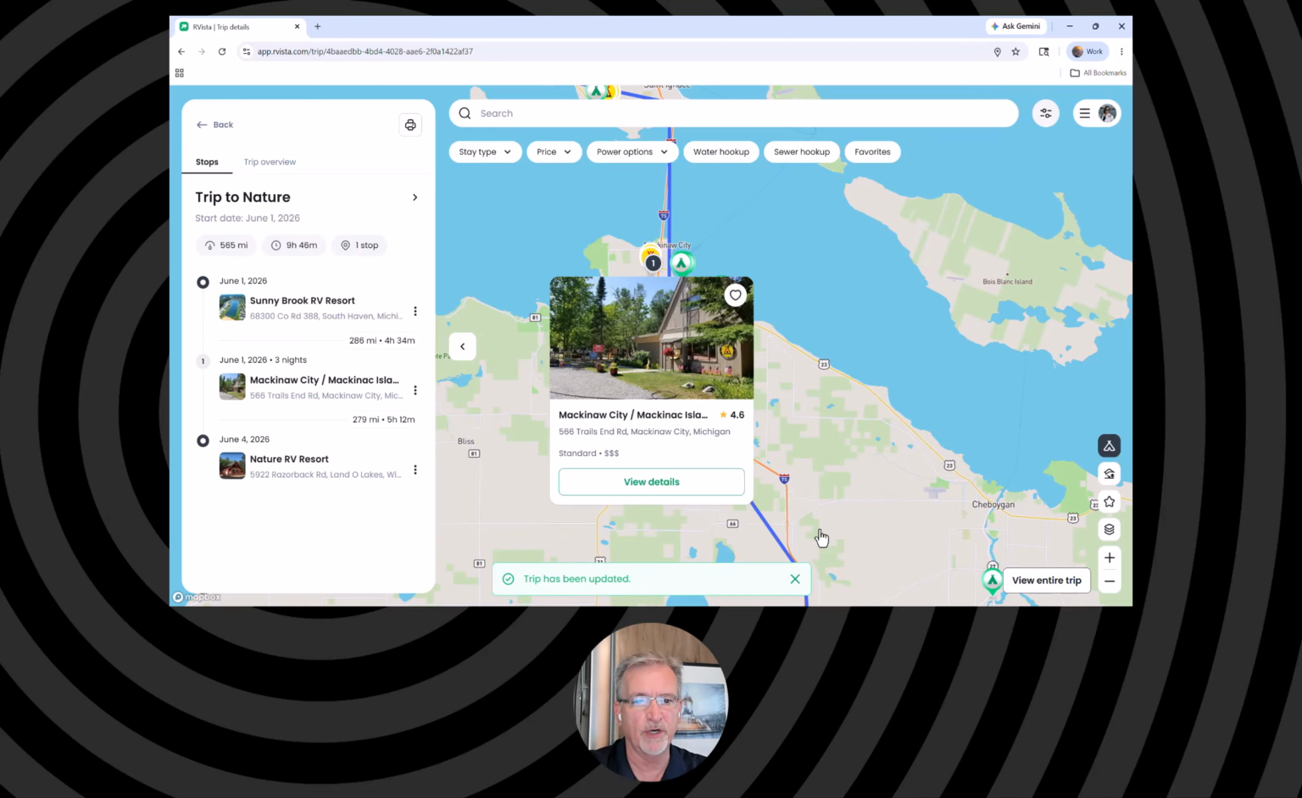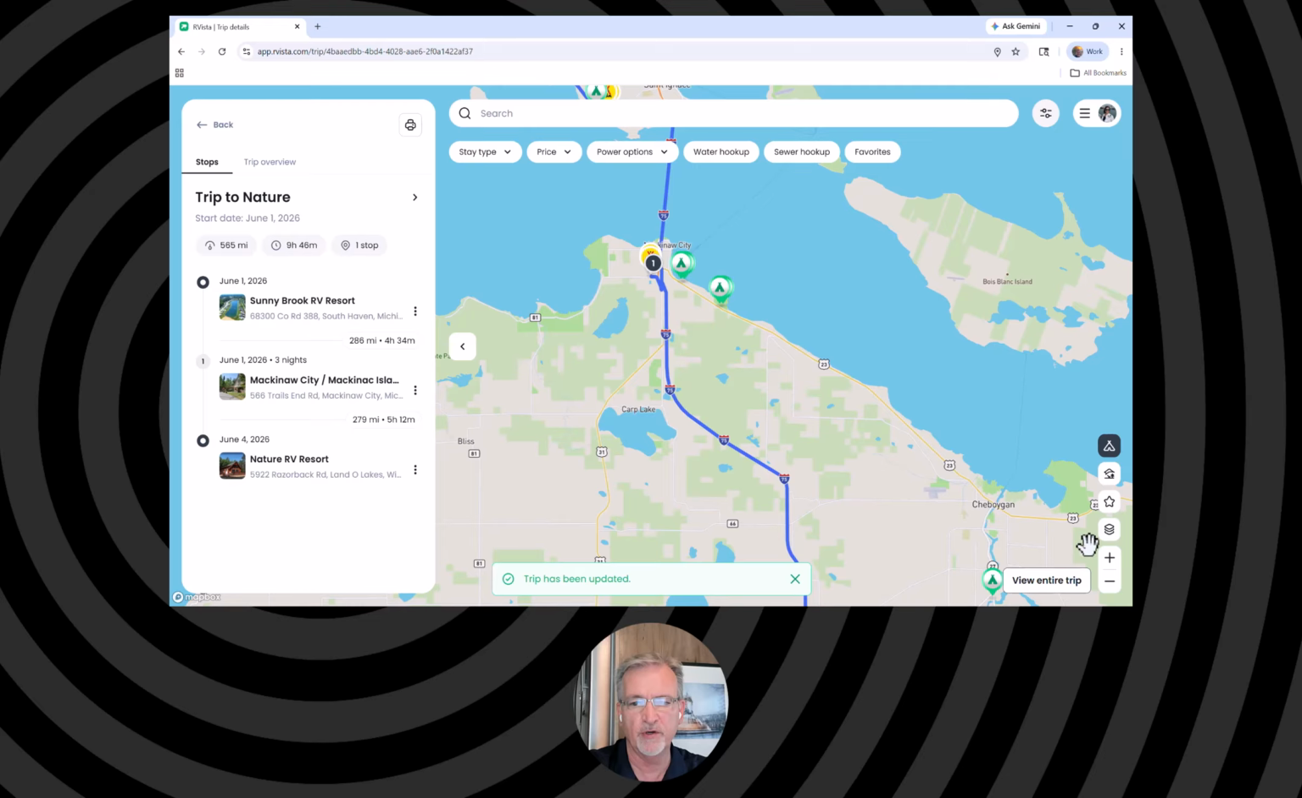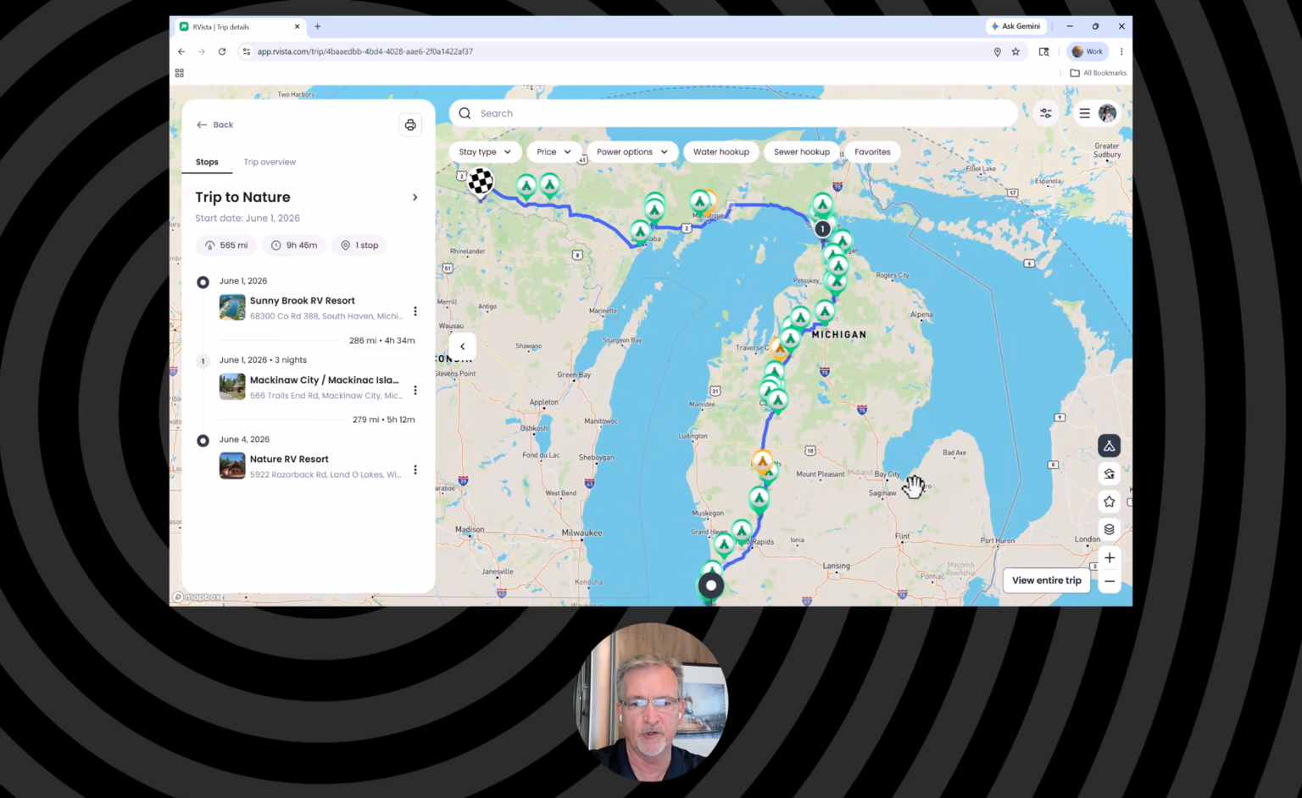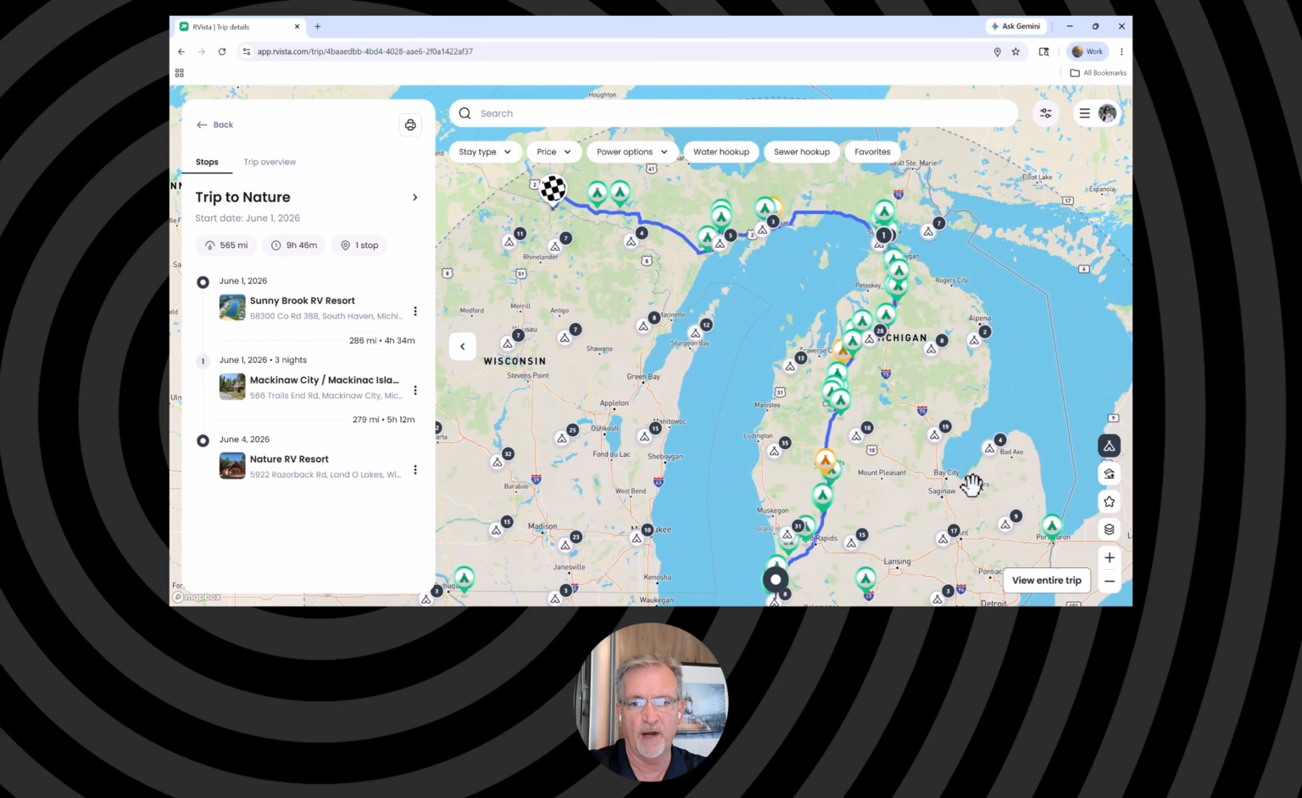And now what you're going to see is, on the left, it added our first stop with the number 1. The other thing you're going to see, if I click view entire trip and it shows me the whole route, is it has now changed my route. So instead of going around the bottom of Lake Michigan and up through Wisconsin, now we're taking the route that we really want to go, which is up through the Upper Peninsula. And if you notice on the left, our mileage has changed, the hours have changed,